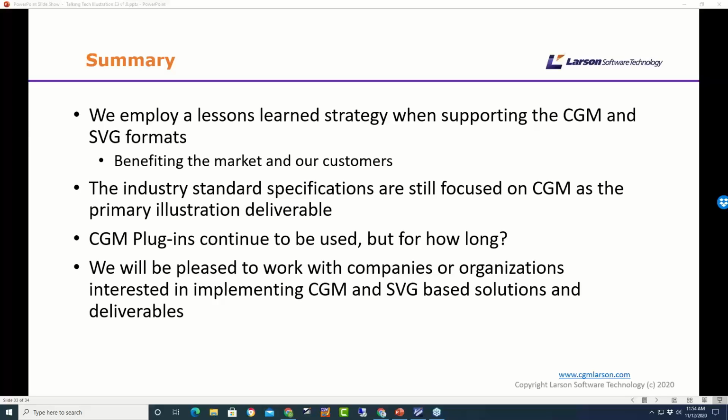With the vendor community, we've posted publicly the SVG profile, and we have vendors, certainly within CSDBs and so forth, who are using our technology to convert CGMs to SVGs.